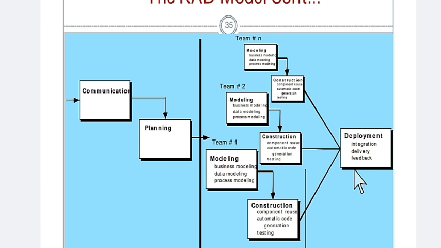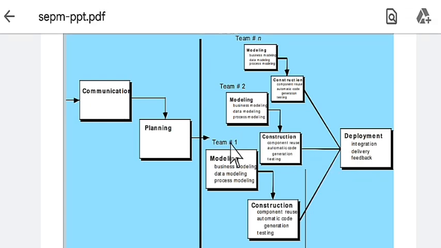The modeling part is divided into n parts. Here, team 1 will be assigned some part of modeling, team 2 will be assigned some part of modeling, up to team n. So if we divide the modeling part among n teams, all the teams work simultaneously, and the modeling part will be completed in a short period of time.